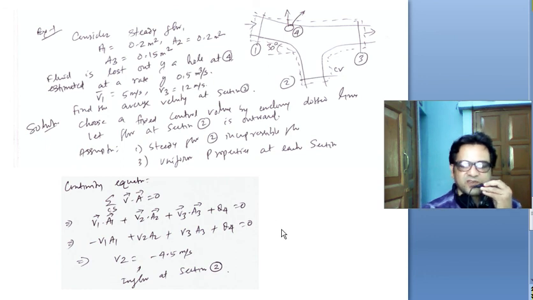So this is a simple application of the integral form of the continuity equation to a control volume. Whether you are using the integral forms for the continuity equation, the momentum equation, or the energy equation, this is always applied to a control volume. So selection of the control volume is very important. Select a proper control volume and apply the integral equations for continuity, and you can solve many problems.